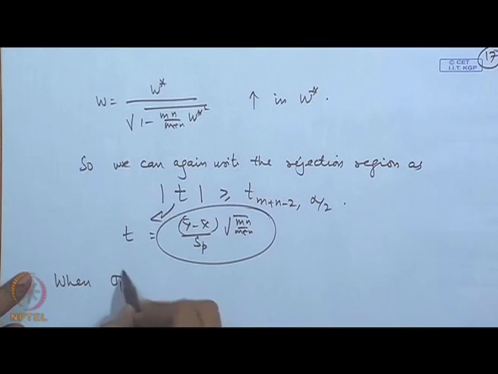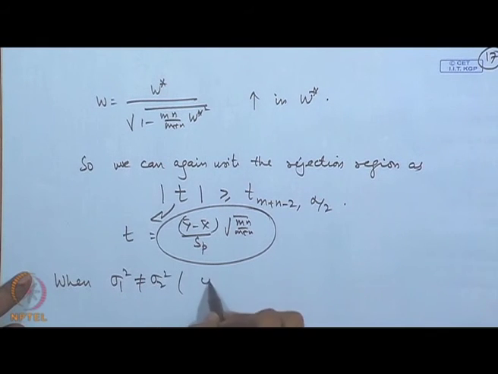One point which should be noted: when I was considering comparison of the means, I have taken sigma 1 square equal to sigma 2 square. When I gave the derivation, it was clear that it was helping, because in the exponent of the joint density, that sigma square term was getting combined. So, the terms were adjusted. However, if I do not make this assumption that sigma 1 square is equal to sigma 2 square, then I will not be able to adjust these terms. So, when sigma 1 square is not equal to sigma 2 square, that is unknown,